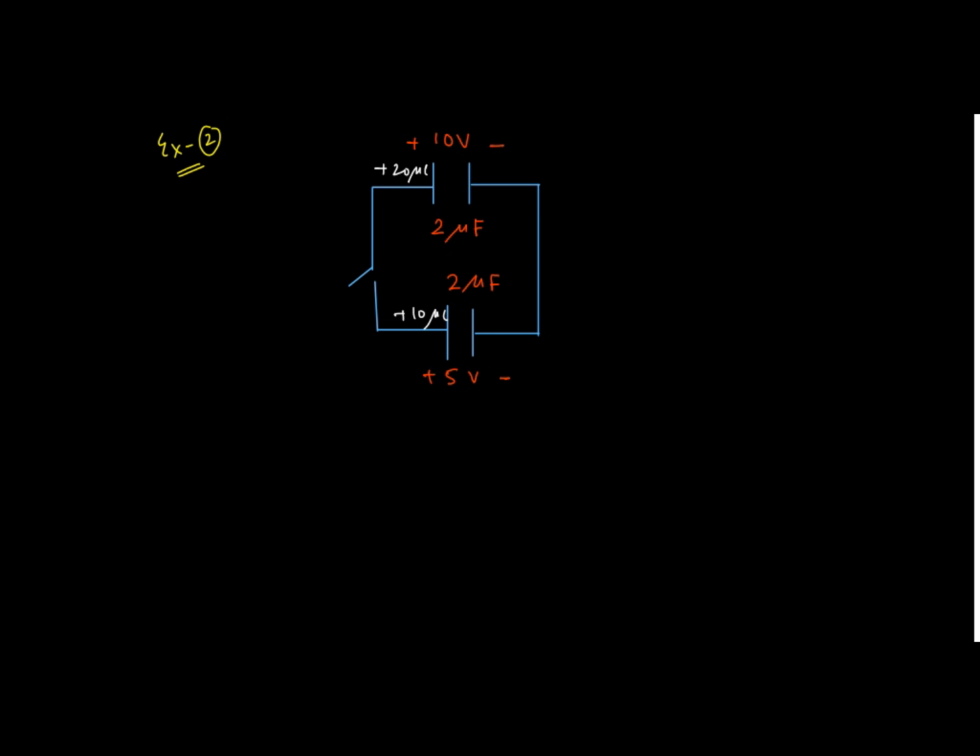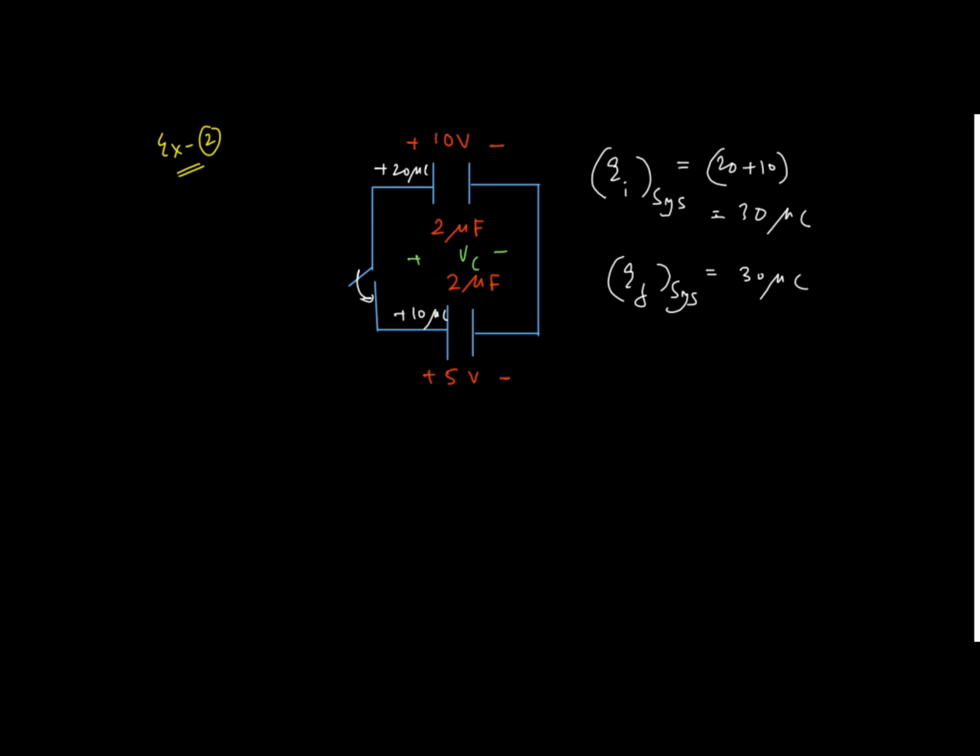So what is the Q initial of the system? If I have to find the initial charge on the system, it is 20 plus 10, that is equal to 30 microcoulomb. All right, fine. As I said, Q final of the system will also be 30 microcoulomb. I have already proved that in the first question, right? And we know that after connecting, both of them will reach a common potential. So this will be Vc, correct?